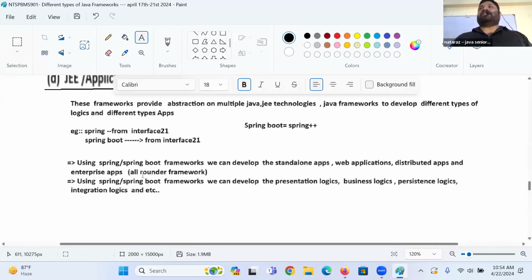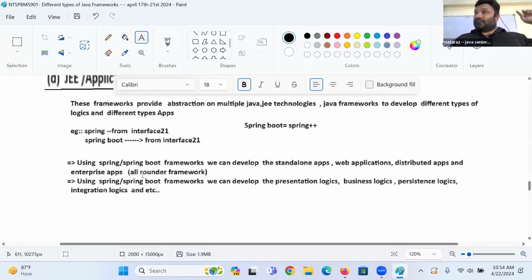That's the reason your generation students are very lucky. There were days people used to learn Struts, Hibernate, Spring Boot. But now you just learn Spring Boot, and you have got the entire knowledge required for the industry. There were people who learned Struts, EJB, in the starting days of frameworks.